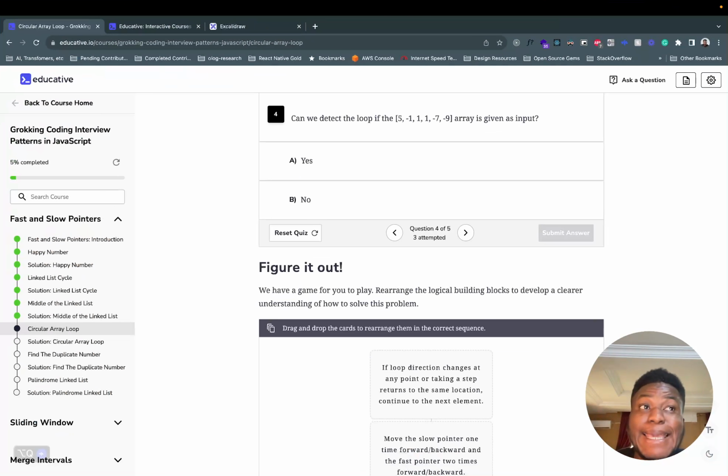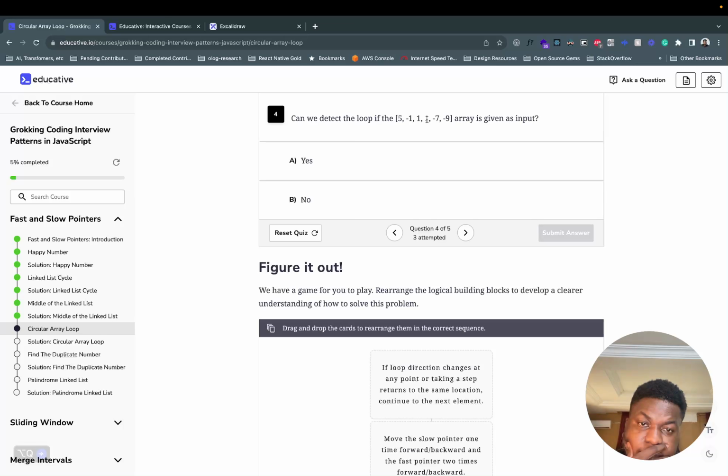Examples are really important. So 5, 1, 2, 3, 4, 5, minus 9, it came back, no, wrong. Minus 1 goes back to 5, and 5 jumps forward, that's wrong. 1 goes to 1, goes to minus 7, that's wrong. Minus 7 goes 1, 2, 3, 4, 5,